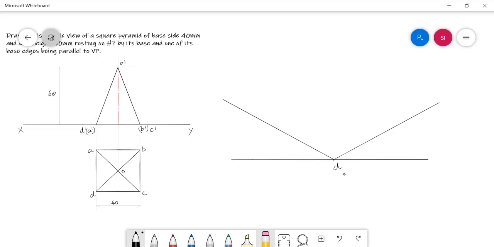Here I am marking the edge D, and with the actual measurements AD 40 mm and DC 40 mm, I can draw the edges AD and DC on both the left side and the right side of the isometric axis. Let me do that.